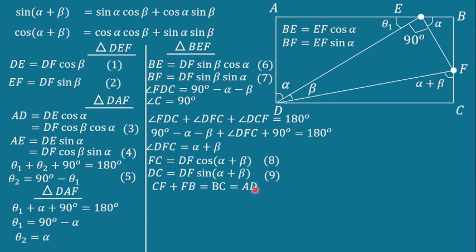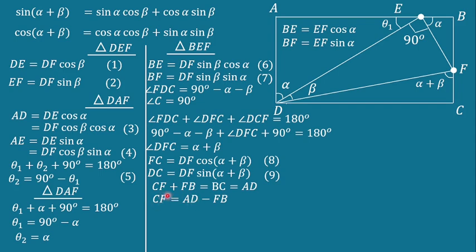And now from equation 3 we have the value of AD. From equation 7 we have the value of FB, and from equation 8 we have the value of CF. So putting these values from these three equations,